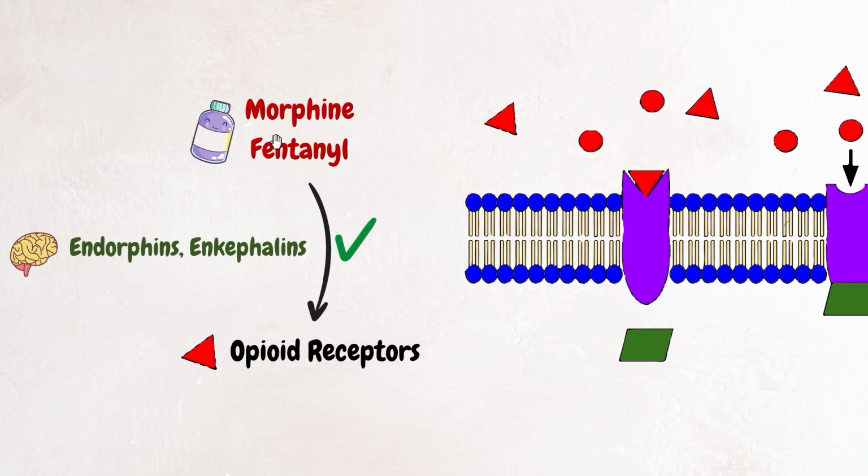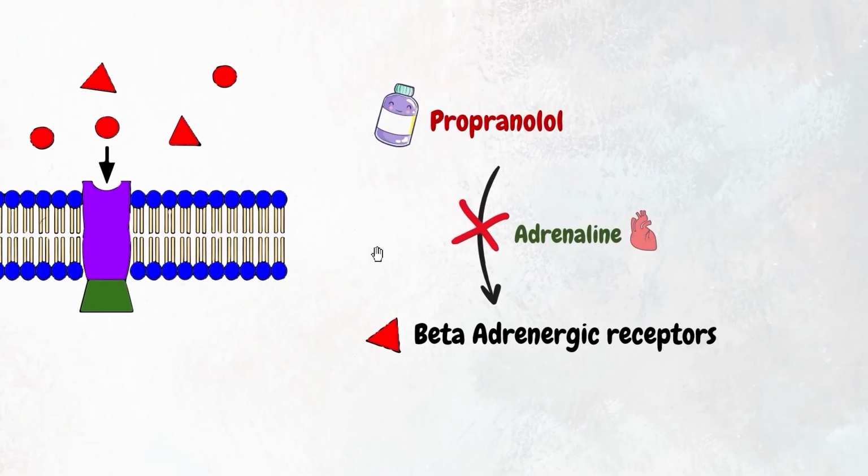So what they do is they trick the brain into believing that these are endorphins and enkephalins, and in turn they provide pain relief, sedation, and other therapeutic effects. Next example, we have propranolol. Alternatively, drugs can also target receptors by binding to them and blocking the effects of an endogenous ligand. For example, beta blockers like propranolol, which we have discussed here,